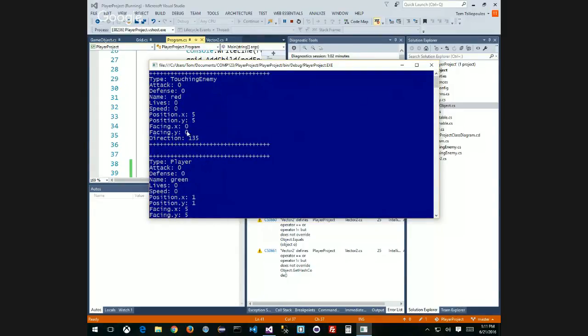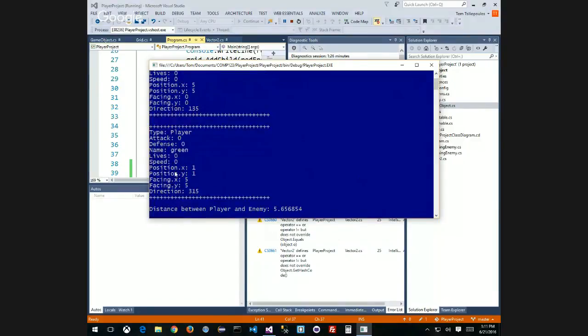Also notice the direction is an angle. My direction, the touching enemy, as an example, is looking at the player. Here's where it's facing. Actually, it's facing 0, 0, right? I'm not facing the player. And the angle that it's looking at initially is 135 degrees. So it starts from 0, goes to the 90, and looks to the left, 135 degrees. And my player, as an example, is initially looking at 5, 5. That's the position it's looking at. So down and to the right, in the